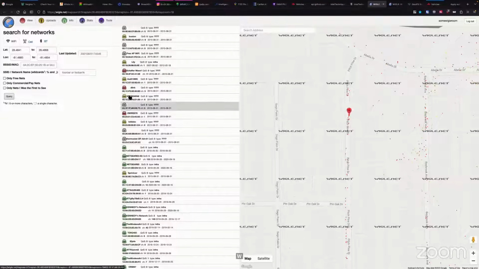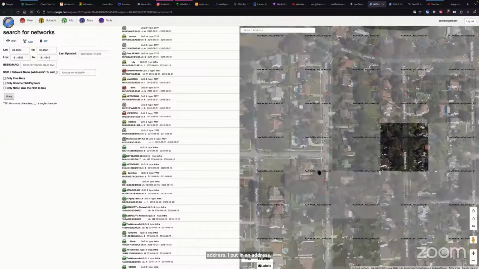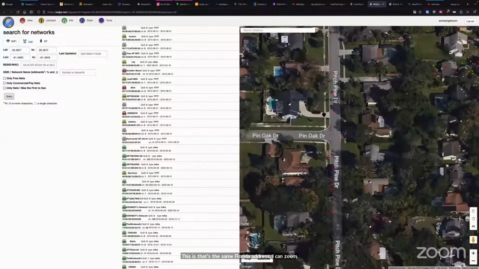Wigle. So Wigle.net is a great website I use for looking at Wi-Fi SSIDs in a neighborhood. So this is that same address. I put in an address. This is that same Florida address. I can zoom in. So another version of that. This is where those vehicles were.